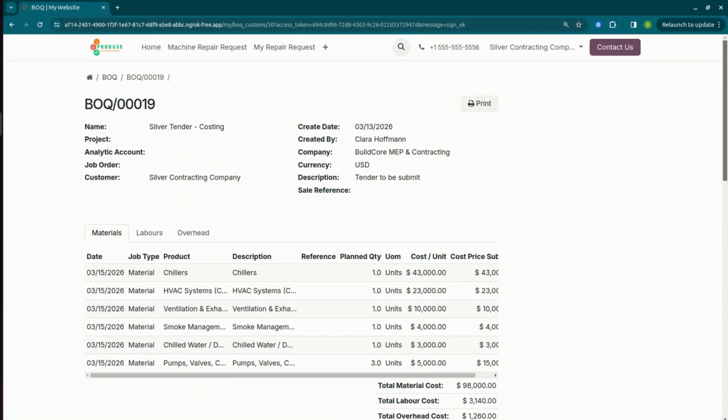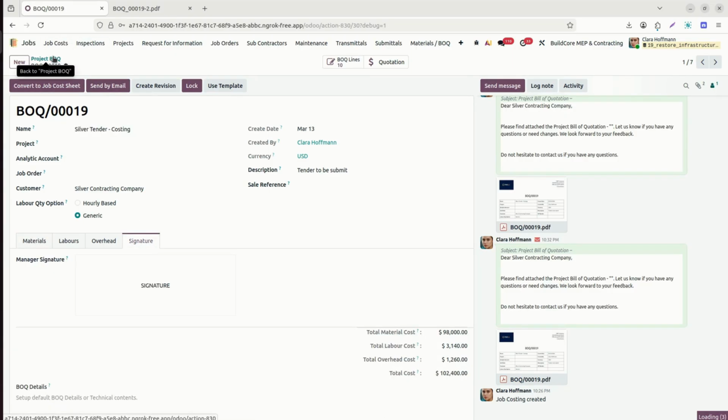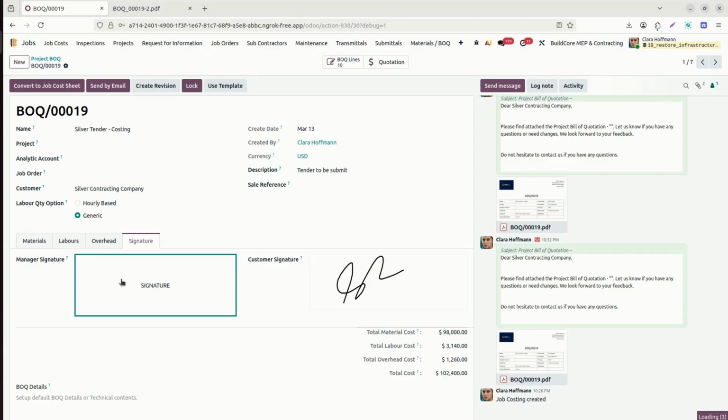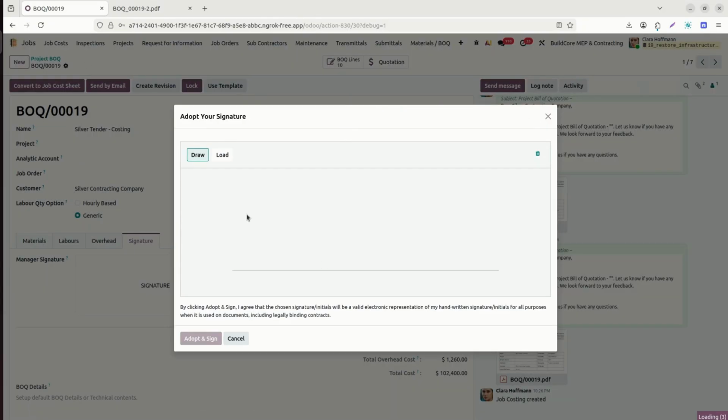As well, when we create the quotation, let's see, now we have already signed here for the customer. Let me just refresh. Here it is already saved. We have the manager signature option also available, and the manager can also upload their signature for internal documentation purposes. So the manager option you can also use.